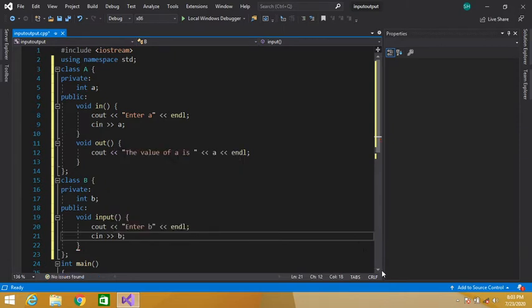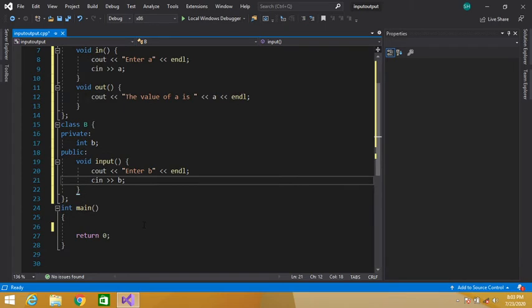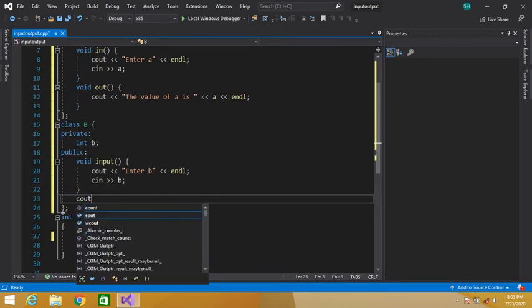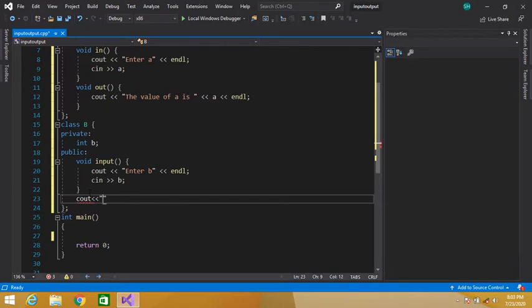Okay, let's create another function to display the value of B. So cout the value of B is, B and endl.